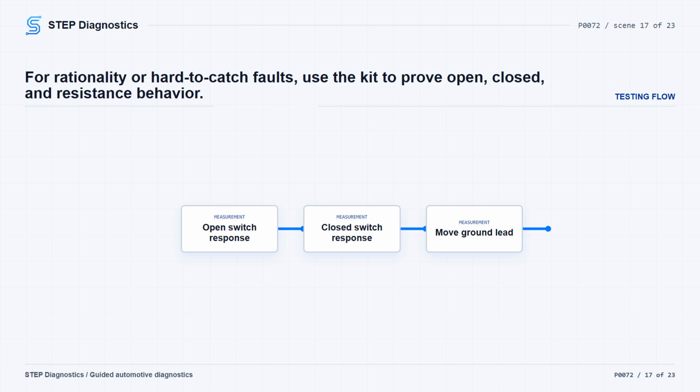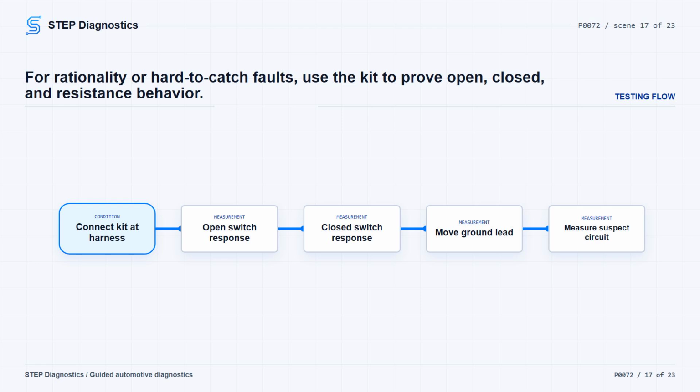Next, flip the switch to the closed position. The signal should read 0 volts and a circuit low fault should be active or pending. If there is voltage present between 0 and 5.0 volts with the test tool in the closed position, there is likely resistance in one of the circuits. To separate the circuits,